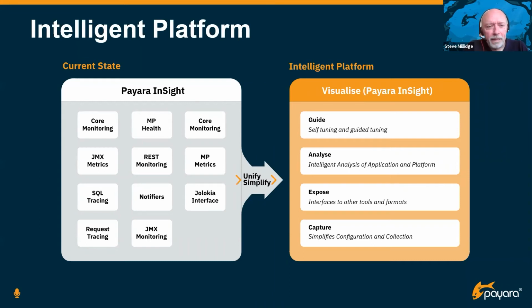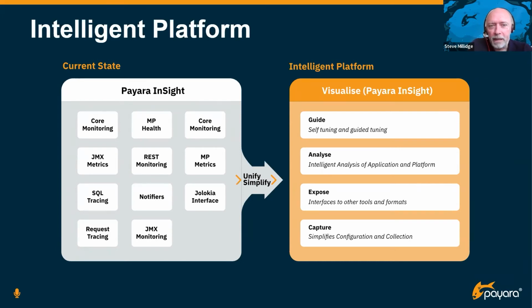For example, we have JMX metrics. They've come way back from Glassfish 2-3 days. You can access them through JConsole, but at the same time you can get the same metrics from a REST interface. You can access a REST interface at slash monitoring, and you can get the same metrics. And you can get it a different way through logging, through another JMX monitor, which will spit out log messages. You can get it through a Jalokia interface. So a Jalokia compliant interface. All these things, as I say, a little bit disparate.